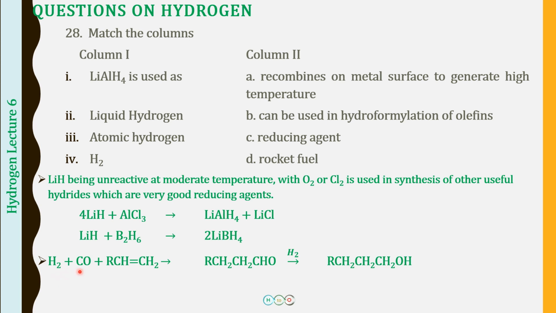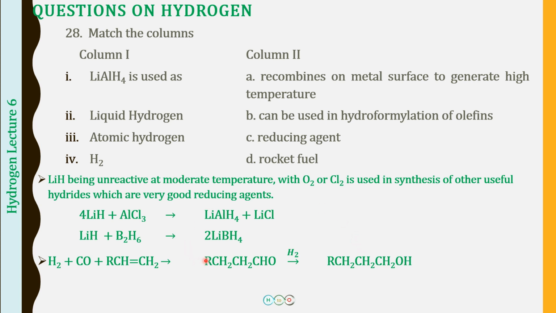So water gas reacts with an alkene. What we are going to see is the adding up of the CHO group on one end and the hydrogen on the other end of the double bond. So you can see over here, this is going to be our CH2. We have added a carbon and we have added a CHO group on the other side to the other carbon. So this is hydroformylation of olefins, and this on further reduction with hydrogen is going to produce the corresponding alcohol.